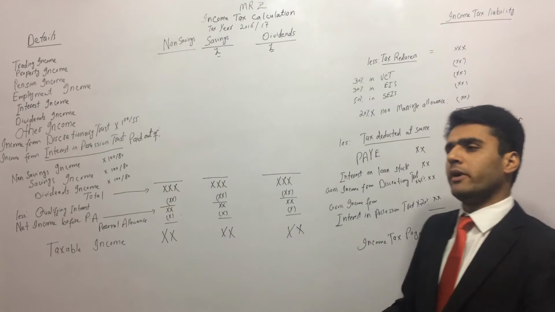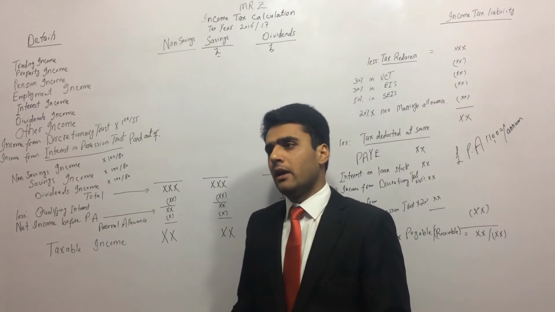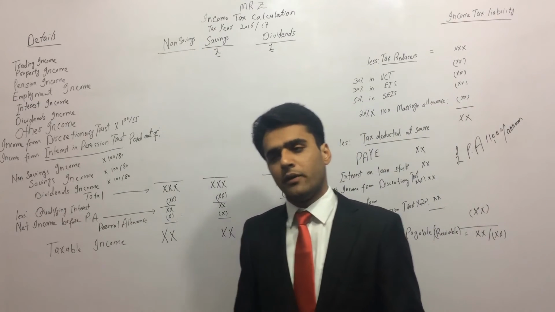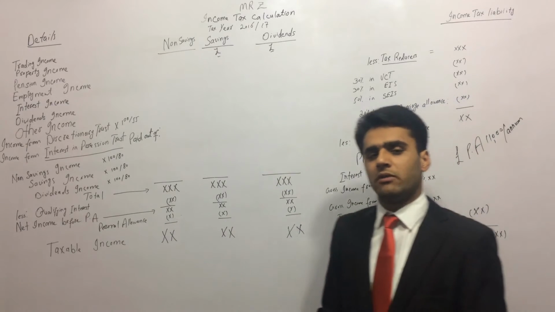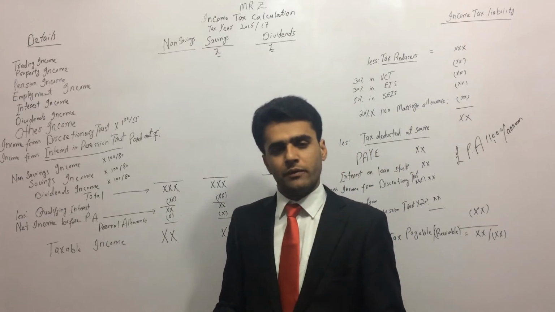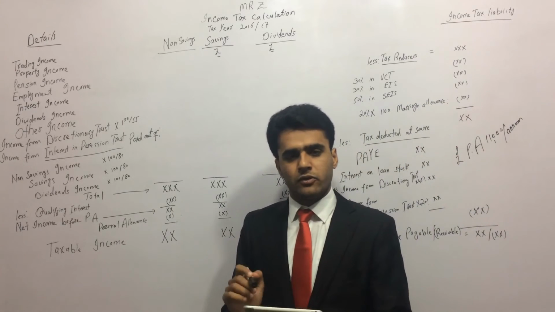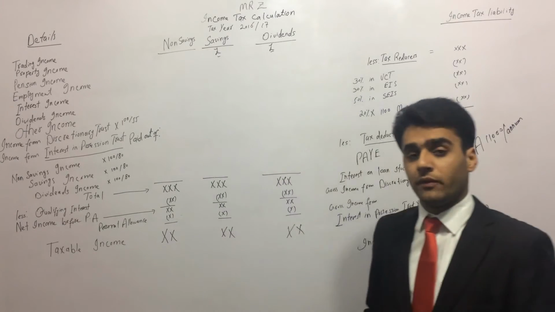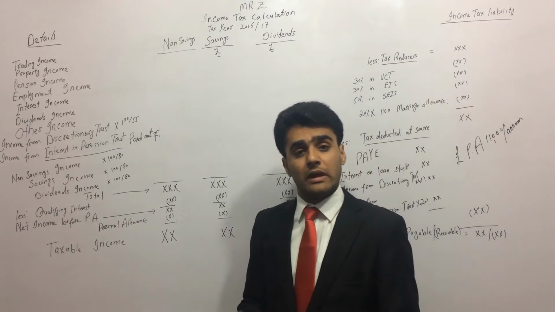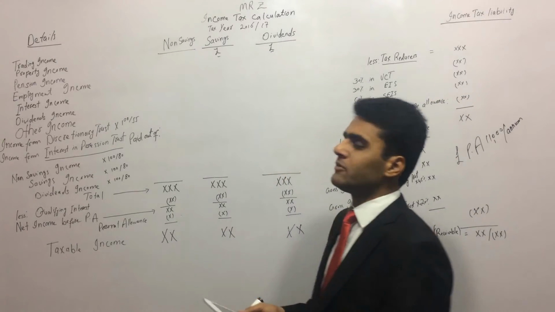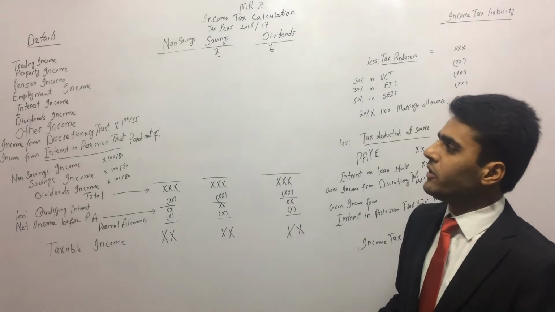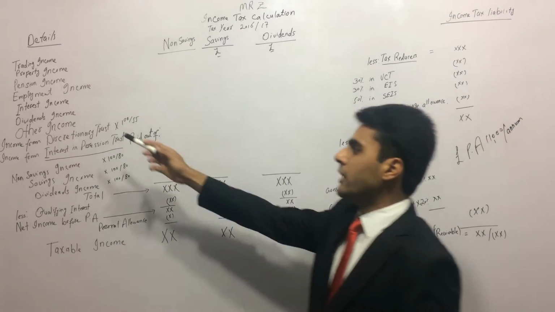So Mr. Z came to my office. I am a chartered accountant, and Mr. Z came to my office and he said, could you please tell me how much tax will I have to pay? He told me different sources of income. So I took the pro forma out of my desk and started writing the sources of income. Then I asked Mr. Z, what is your source of income? Now he told me that he has some trading income. So I have written down trading income on the board. That is my pro forma.